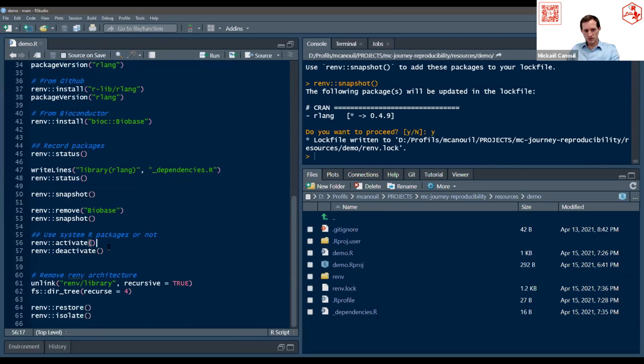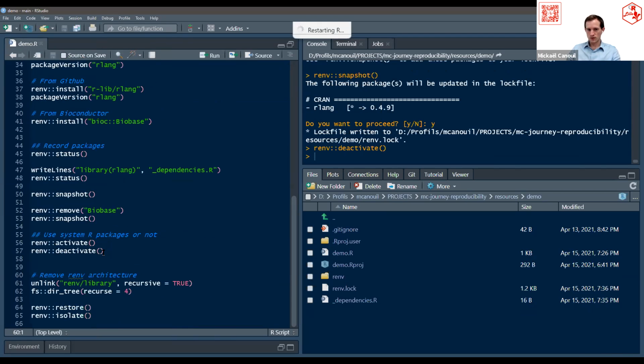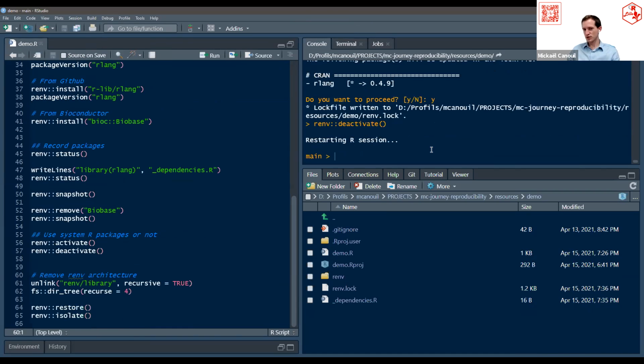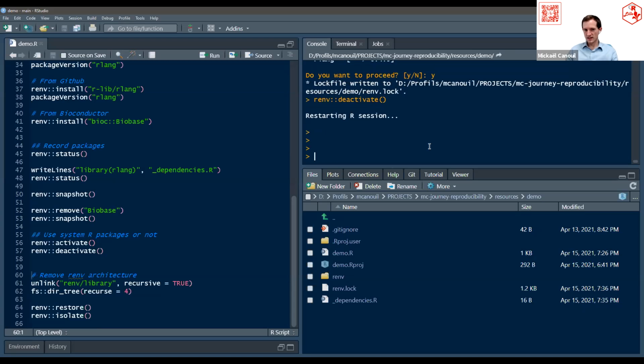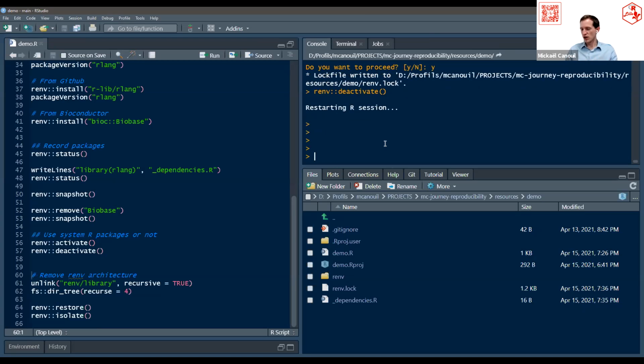So there are two functions to deactivate or activate RAMP. If I deactivate it, RStudio will restart the session automatically. And now, basically, I lost access to the local library, but at any point, I can just reactivate it.